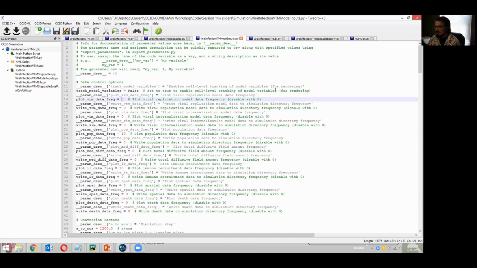This sets the frequency at which all of the state variables for the viral replication model are plotted for the initially infected cell. So when we set this to 1,